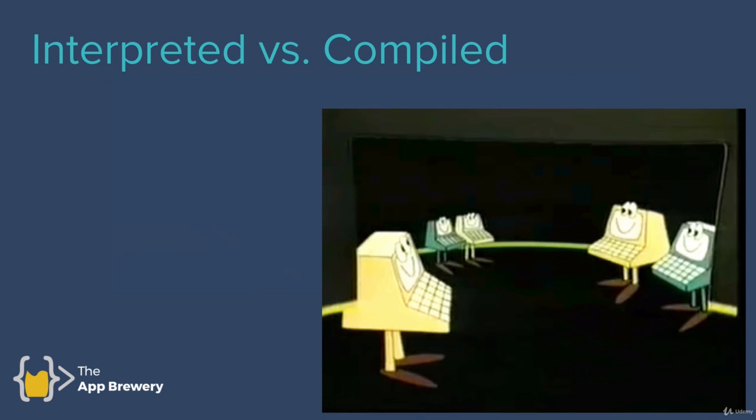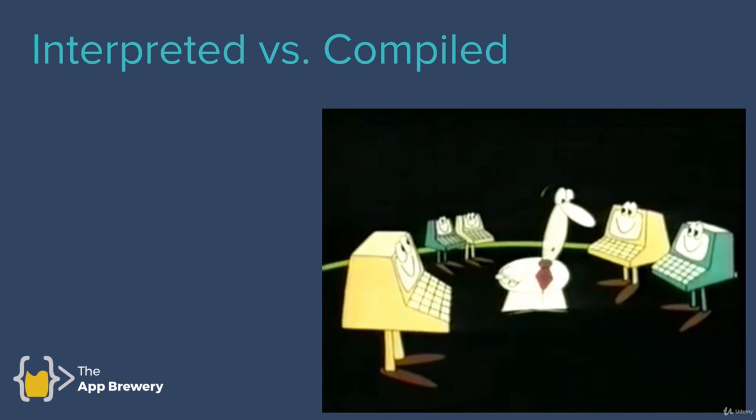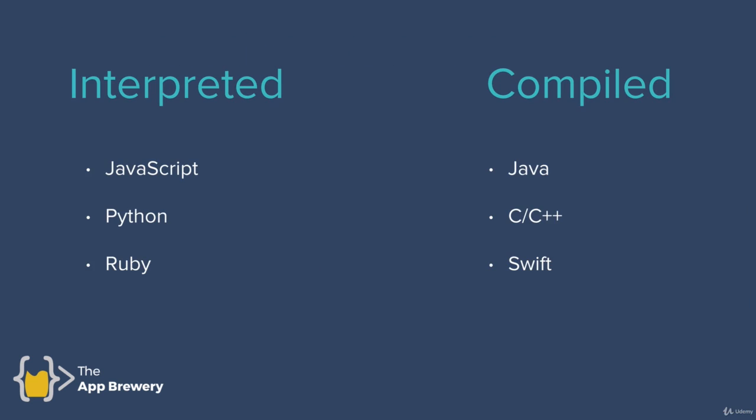So I'll defer to this brilliant cartoon from a TV show called Bits and Bytes from the 1980s to explain this. It's from a really awesome Canadian series, and I'll include a link to the video in the resources section of this lesson. Now, in the olden days, interpreted languages tended to be seen as almost like toy languages. They weren't so powerful, they were very slow, and they had to execute all the instructions line by line. Whereas compiled languages were seen as the more serious languages, and you end up with very fast running programs.